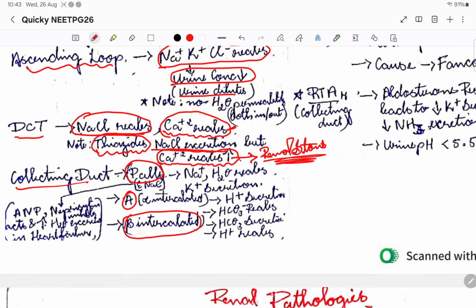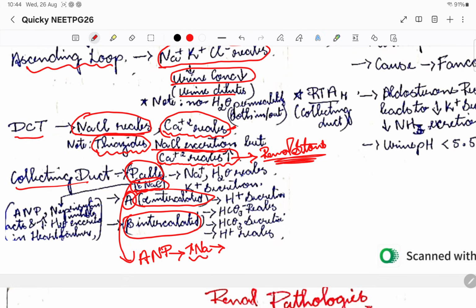Okay, A is alpha intercalated and B is beta intercalated cells. So what are the three cells and what are their functions? Basically, in the principal cells there is something known as the ENaC channel. We discussed this in our cardiology, right? So ANP, atrial natriuretic peptide, will act on the ENaC channel, and it will cause the sodium to get